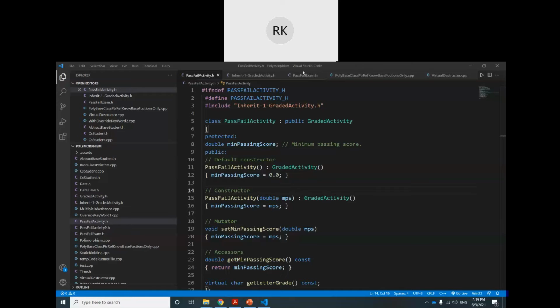Okay, virtual destructor. You see, like the binding and overriding concept. Remember that one, I am repeating once again.